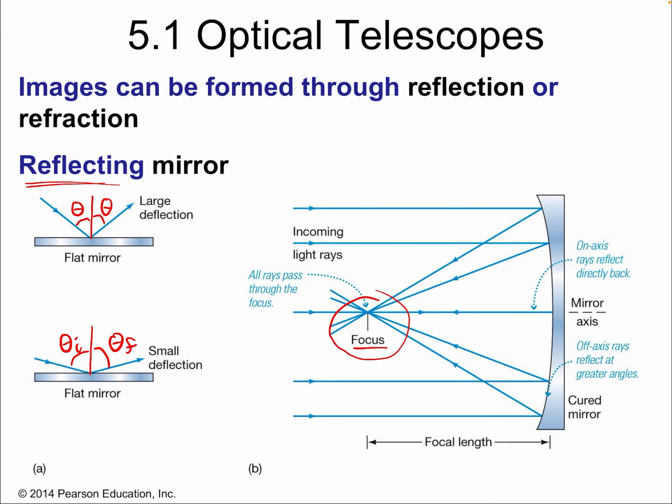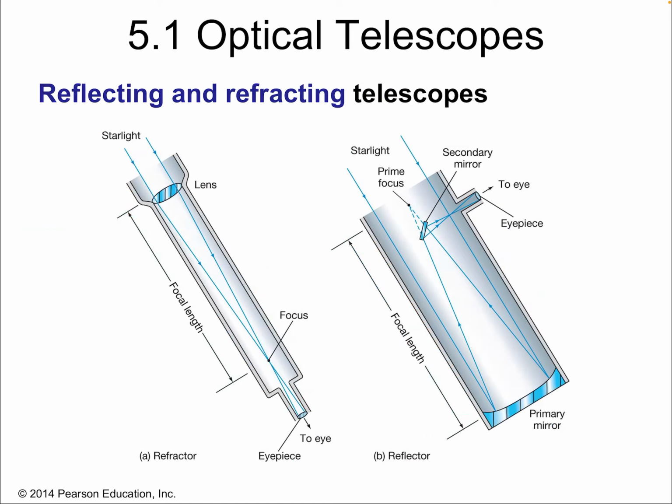So far we've talked about focusing with refraction and reflection. Reflection uses mirrors, refraction uses lenses. And that's really so much of what telescopes are about, either the use of lenses or mirrors, or both, okay? So reflecting and refracting telescopes. So here's an example of a refraction telescope. These tend to be long telescopes. They have a single lens or multiple lenses, and then they have a focus point and an eyepiece, which always